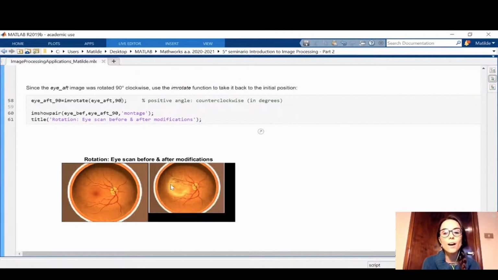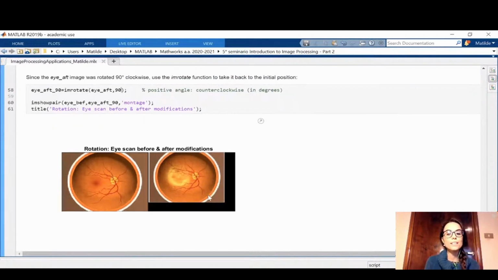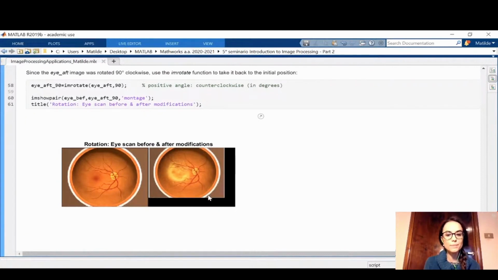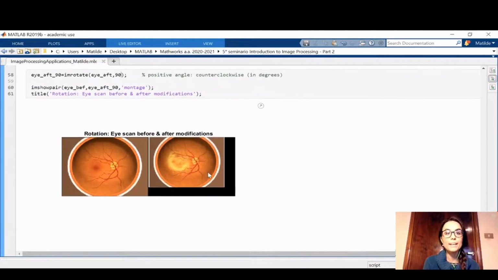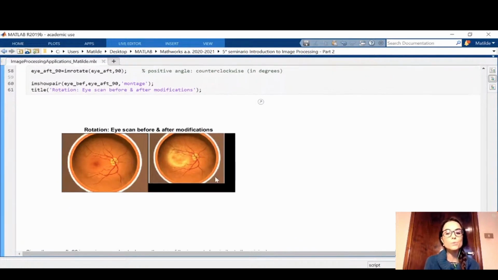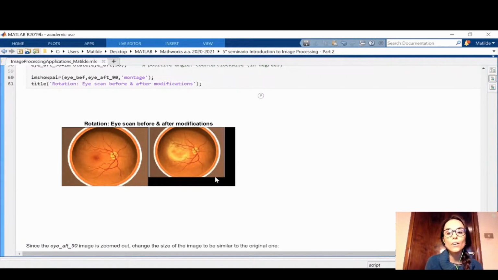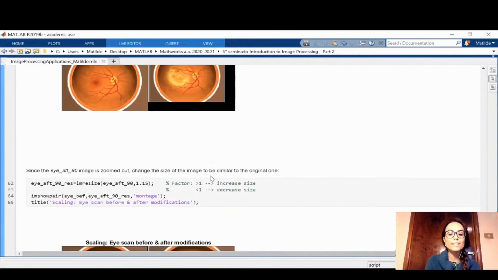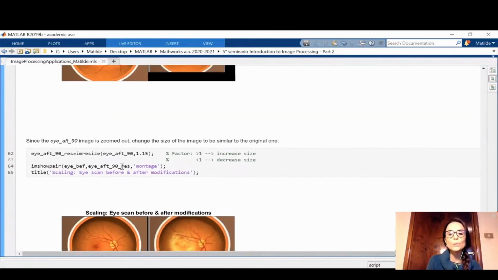original one. But we can understand that there are other modifications to do to the second image to take it back to the original one. For example, we can see that this image is zoomed out, so we have to scale this image. How can we do that? We can use the function